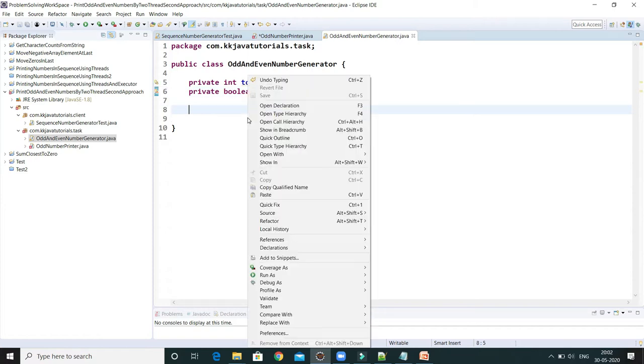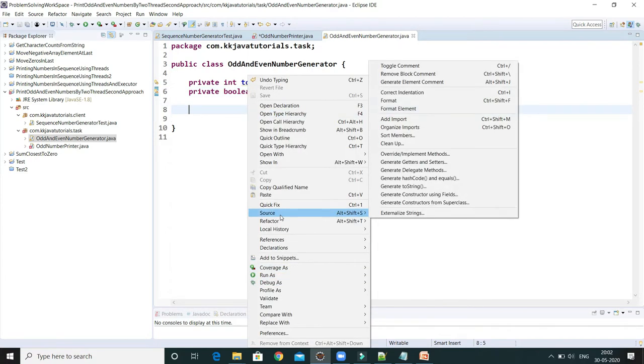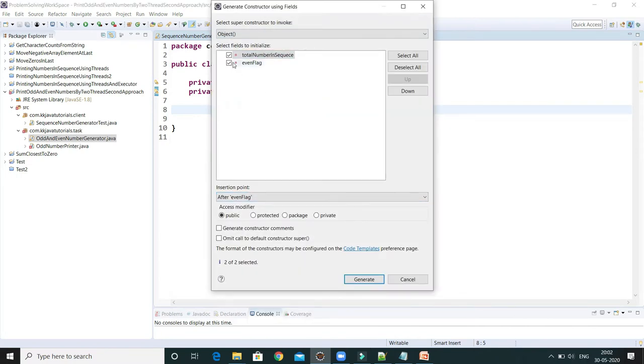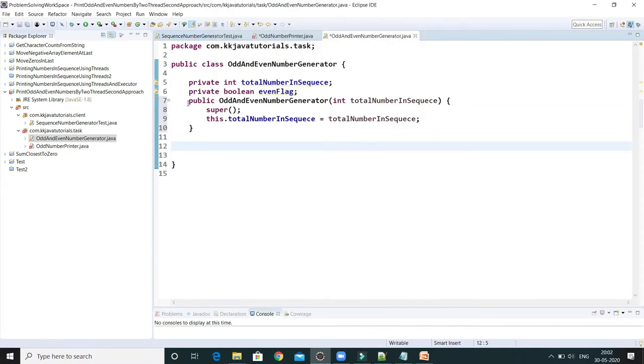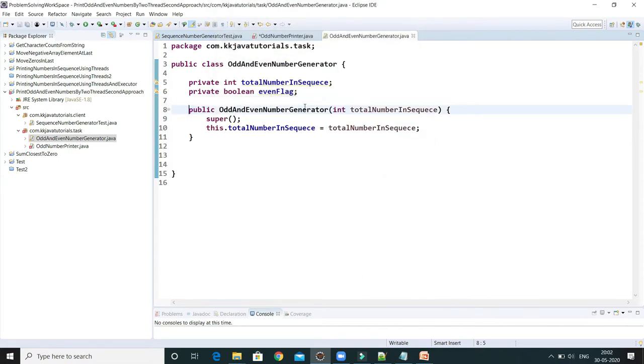Now let's create one constructor. I go to source and generate constructor, but here I'm going to include only total number in sequence, not the flag, so that whoever uses this constructor has to pass only total number in sequence.